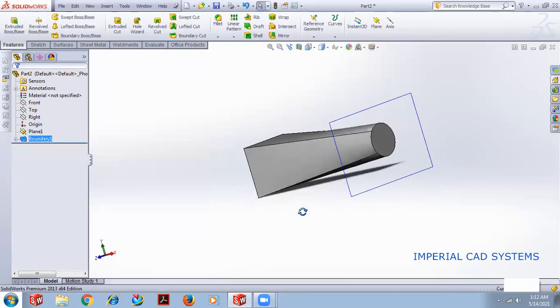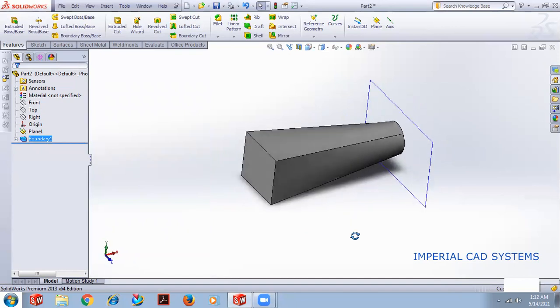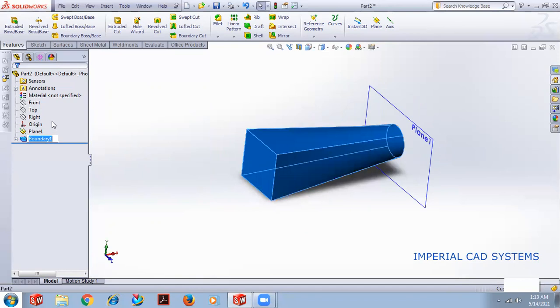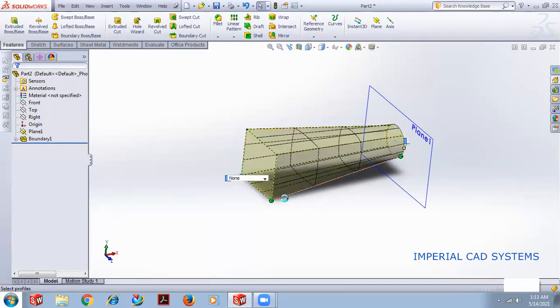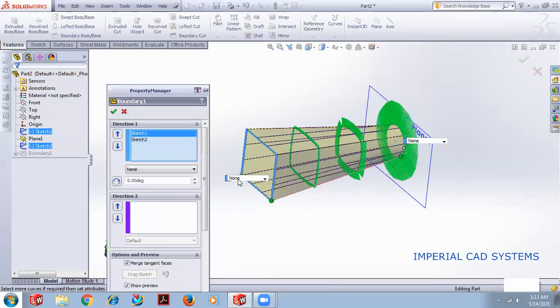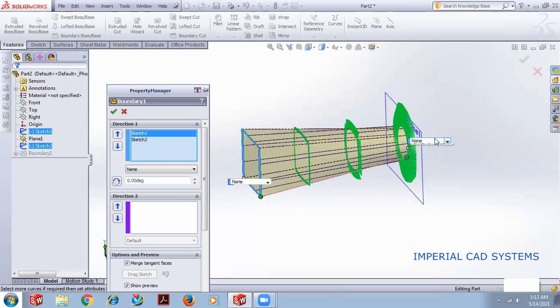Then what is the difference between boundary boss and loft? In boundary boss, I can again edit this boundary. You can see a tab here. At this profile there's one tab, and at this profile there's another tab. I open this and I select normal to profile. When I selected this normal to profile option,